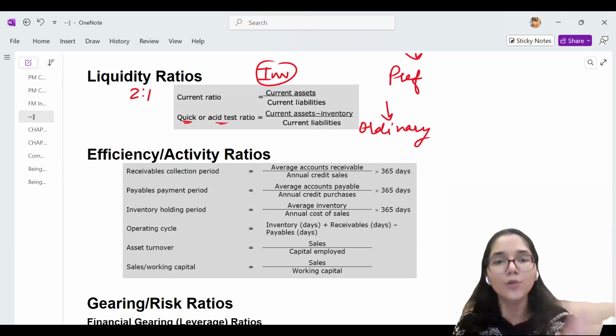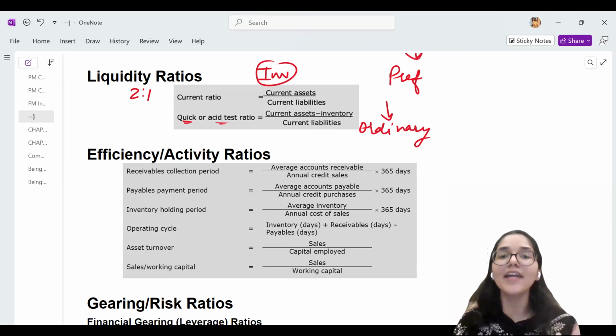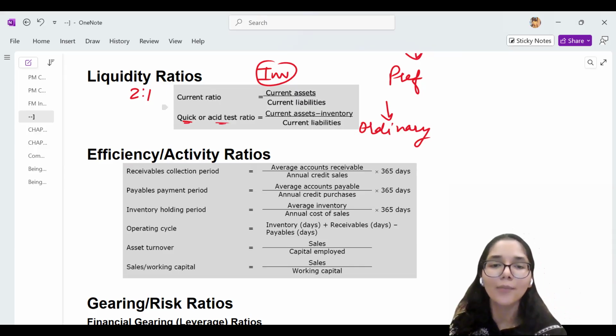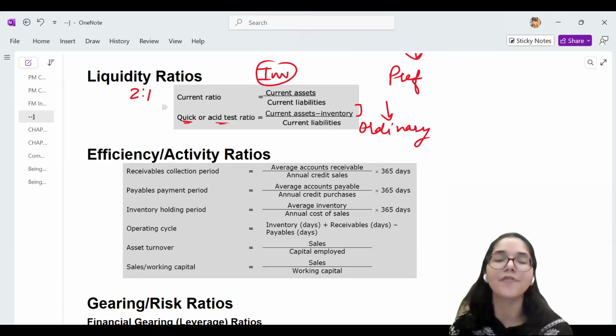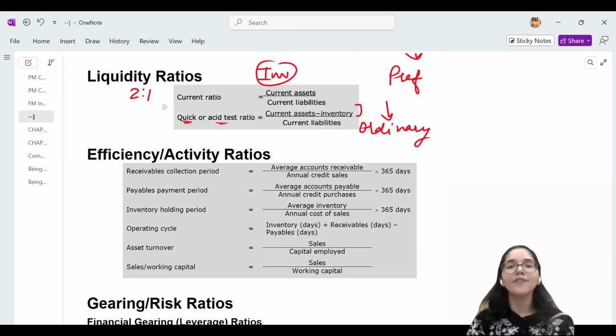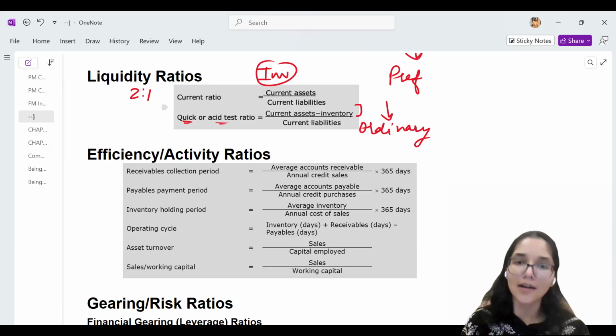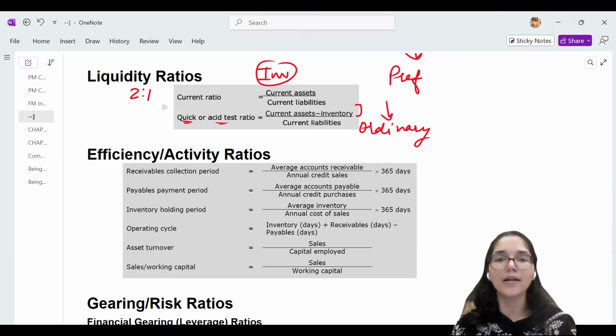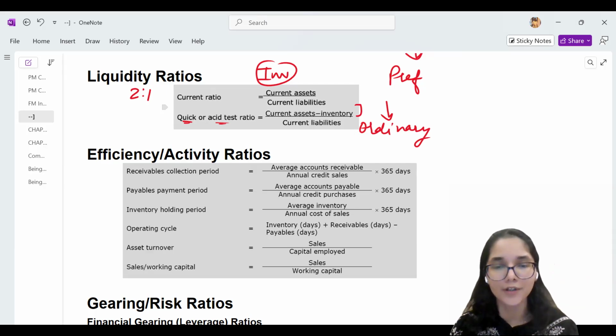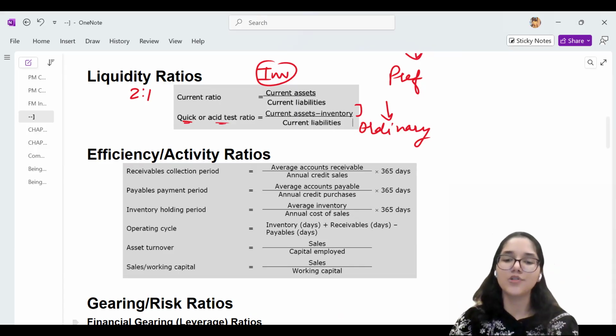We will only include those assets which can be very quickly converted into cash. So as soon as a liability falls due, these assets are readily convertible into cash. So we take the formula as it is, we just subtract the inventory from the numerator so that we are able to judge that even if the inventory is slow moving, do we have enough other current assets to pay off our current liabilities on time or not? So this is what this particular ratio is going to measure for a particular company.